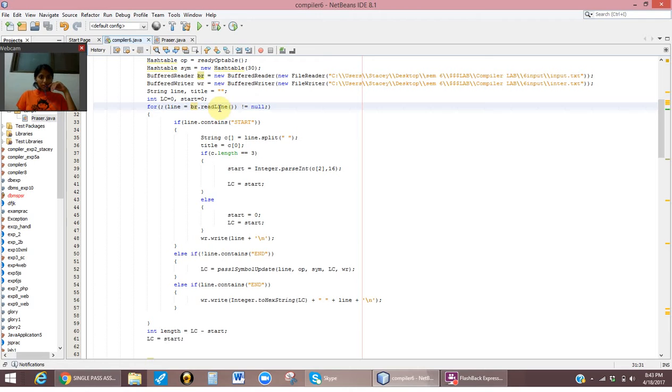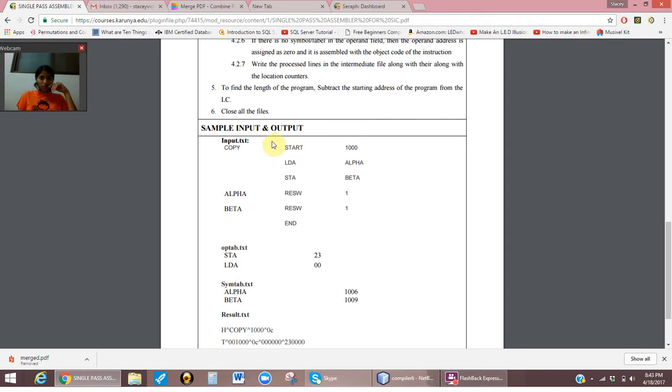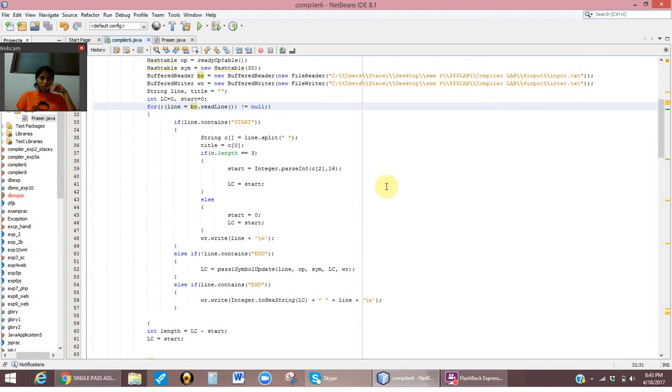here it is going to read: when the line is equal to BR.readLine, it will check whether it is not equal to null, and then it will start. As you can see, when the start is encountered, it is just going to start reading. It's going to split it, store it into title, and check the length. After checking the length of the C string, it is going to store it into start, and then change it using parseInt, and the start is going to be